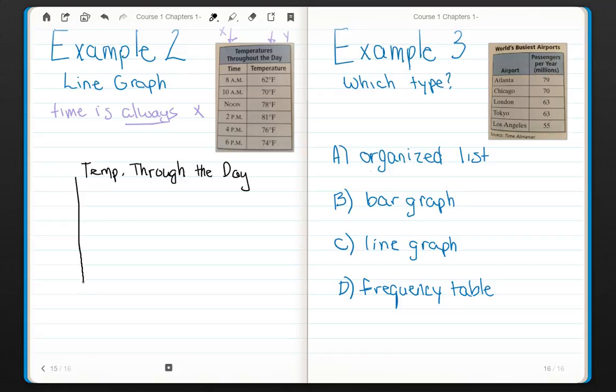Make sure you're spacing this just a little bit in from the edge of your paper so that you have room to write your axis label and all of your temperatures or whatever information goes on that side. Then we have our x-axis. So this one is time. This is my temperature. And my temperature is in degrees